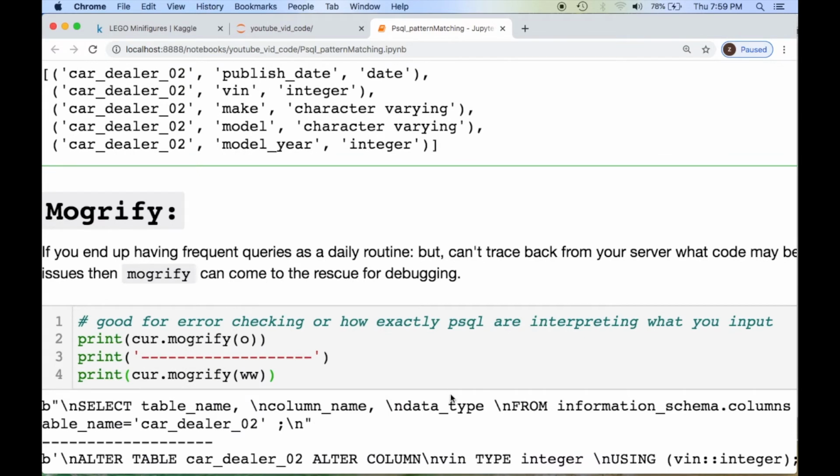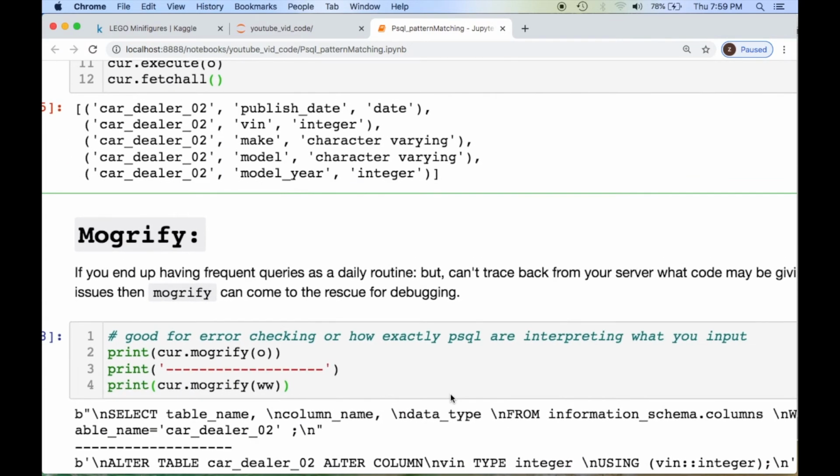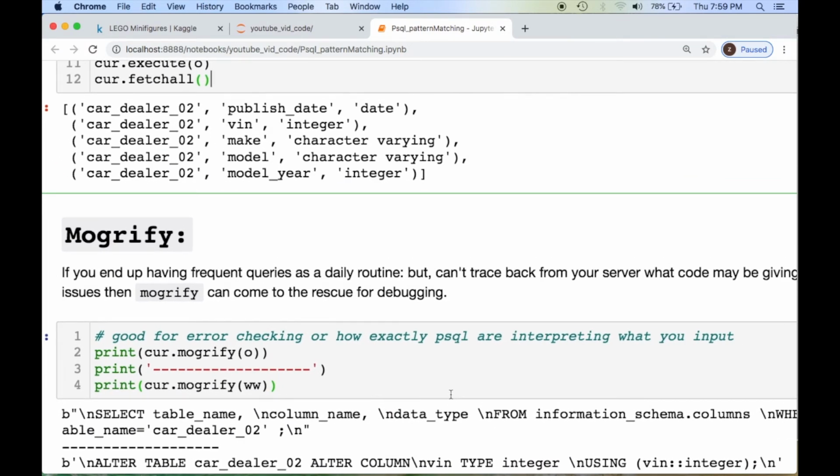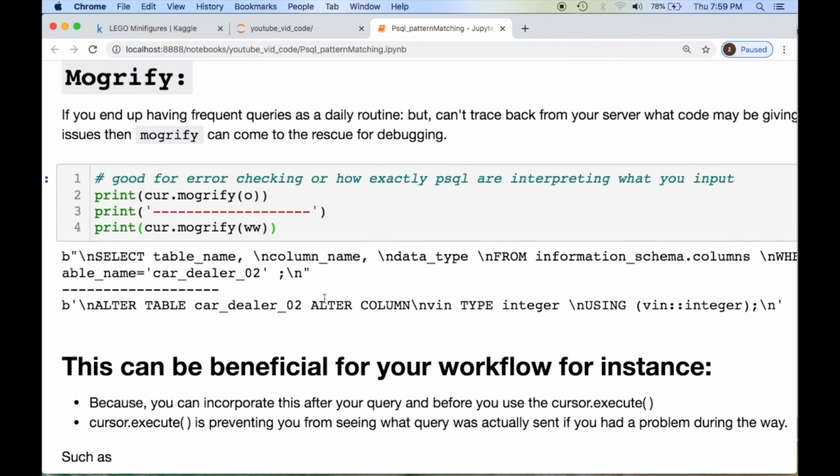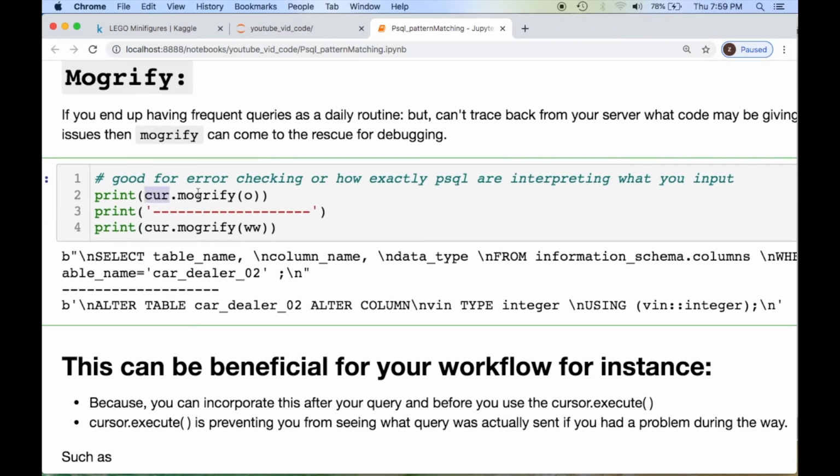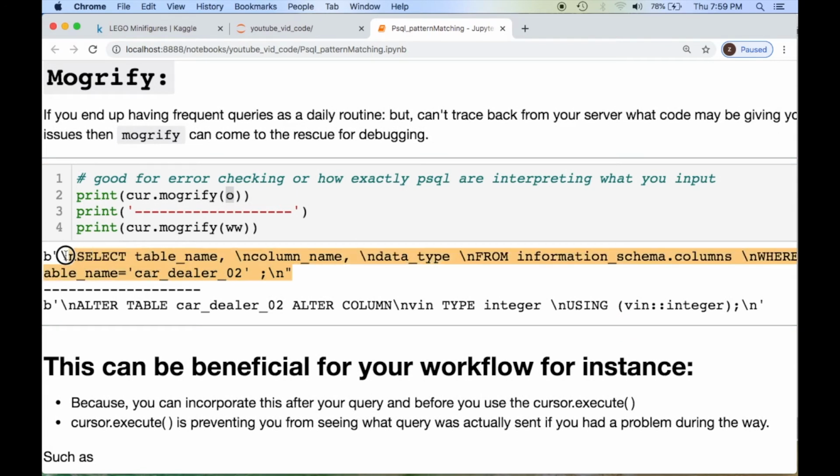And something that's really interesting and pretty useful is what's called mogrify. And so if you needed to do some tracing back a few queries, like sometimes you get these errors and you're like, what the heck does this error mean? I don't know what's going on. I need to trace back how Postgres or SQL actually interpreted my query. And so basically, I'm calling in my cursor and I'm calling mogrify and then whatever SQL statement that I had. And so since I ran multi-lines on my SQL statements, it prints out what would be read.